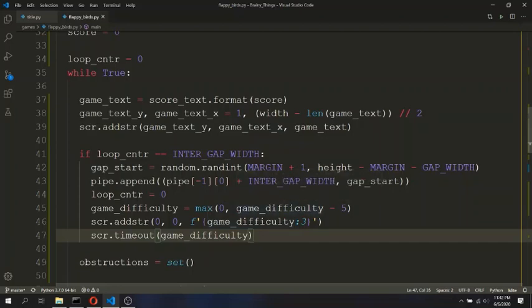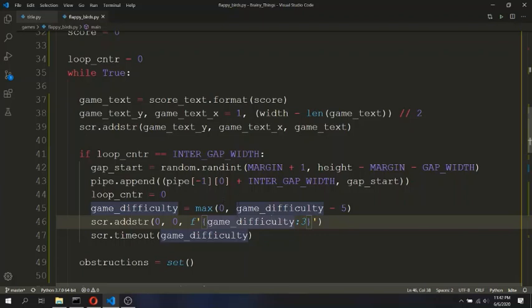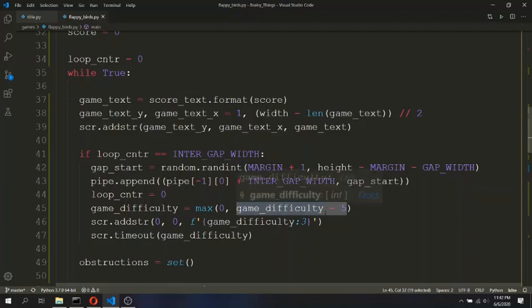That is, in normal conditions, the value of game difficulty - 5 will be greater than 0 over here. But even if with some chance this game difficulty becomes 0 and this updated game difficulty value becomes -5, the game difficulty will remain 0 because of this. So our game will not crash.